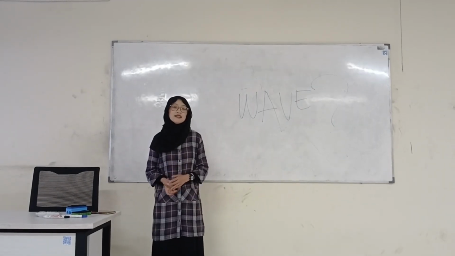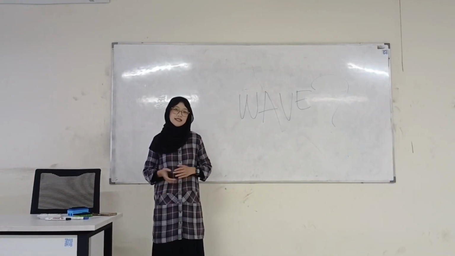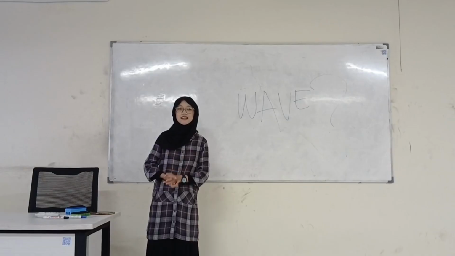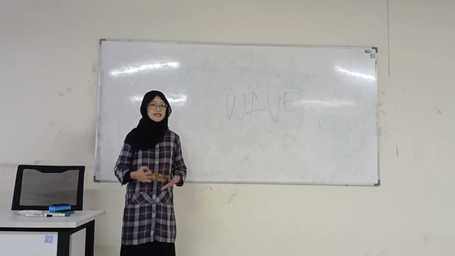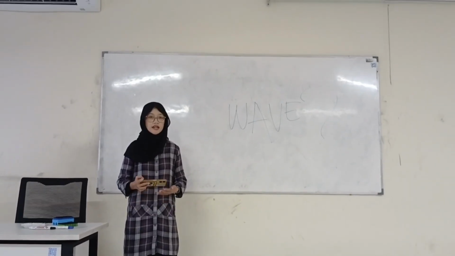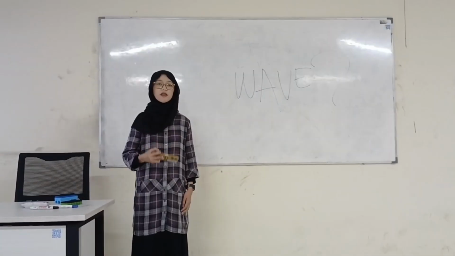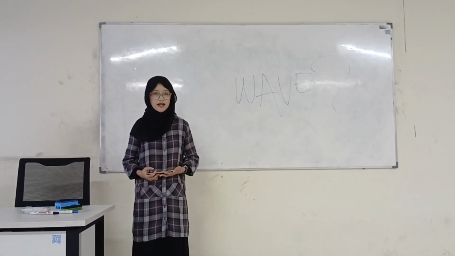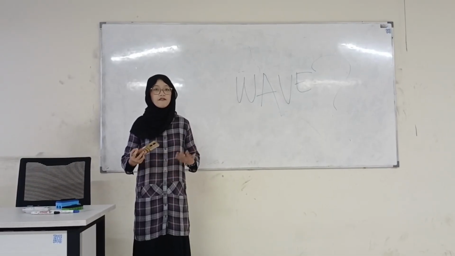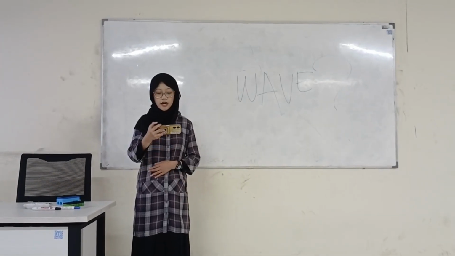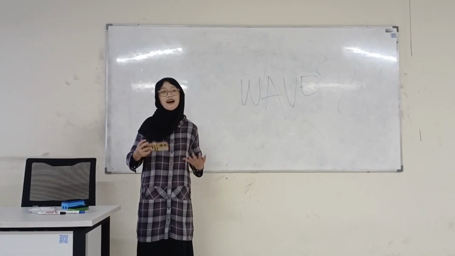A wave is a disturbance that transfers energy from one place to another without moving the material itself over long distances. For example, when you see ripples in water, the water itself doesn't travel across the pond. Energy moves through the water, creating a wave pattern. Waves are everywhere around us. They allow us to communicate, see, and hear, even feel. In this lesson, we will learn about the different types of waves, their properties, and how sound works as a wave.